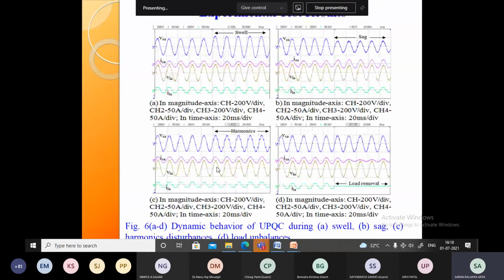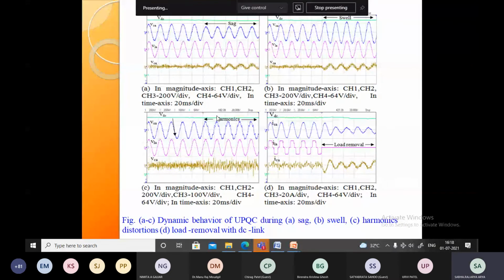After that we have recorded here harmonic compensation, voltage unbalancing, swell, and those things. So say this is the second where the load voltage is going near to the rated value. Swell, load voltage you can see. After that, we can see DC voltage and load current.